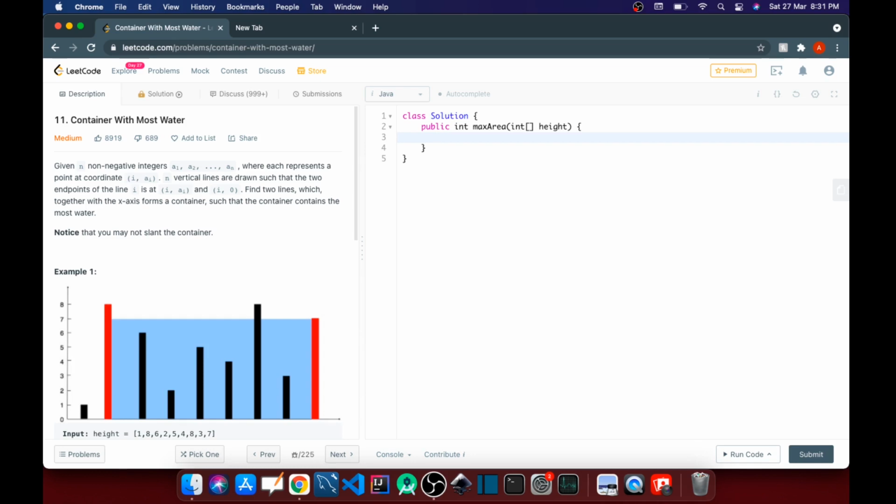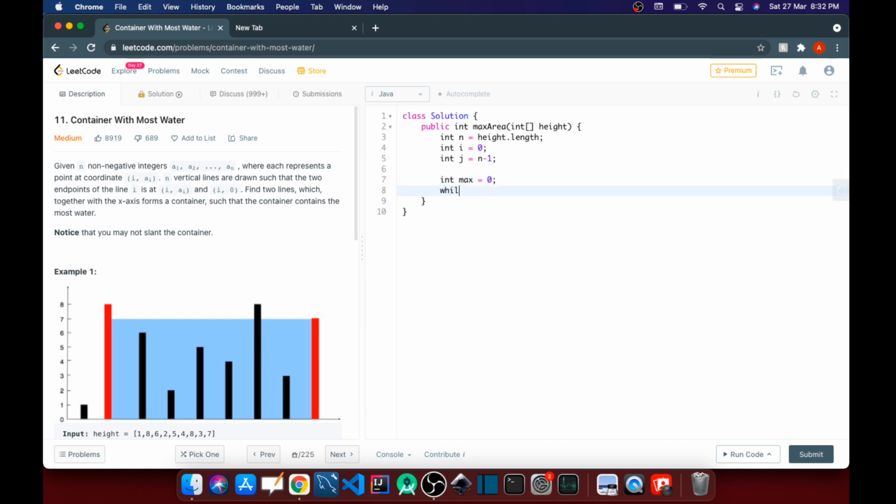Here we have int n, which is going to be the length of the array, so height.length, right? We got the length of the array, and let's define our two pointers. One is i, which is going to be the index of the first element, which is 0. Then we have int j, which is going to be the rightmost index, which is n minus 1, right? Now declare a max variable, which is going to store the maximum area found. Let's initialize it as 0, right?